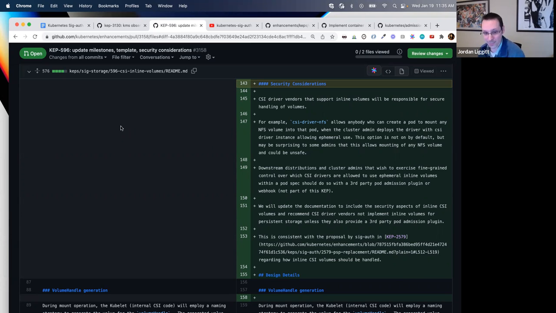I suspect, even for the NFS example, would it actually be acceptable to just deny use of the NFS driver to all these namespaces? I would guess not. I would guess you would still want to allow it conditional on the UID and group ID aspects. And so that goes beyond what a built-in admission thing would do, as soon as you start tying in some second piece of information.